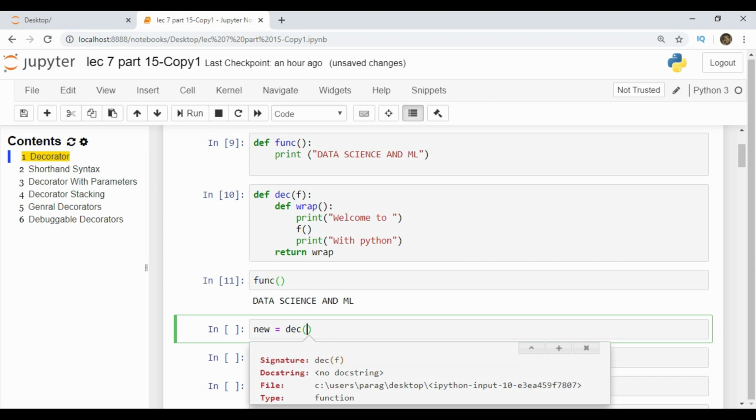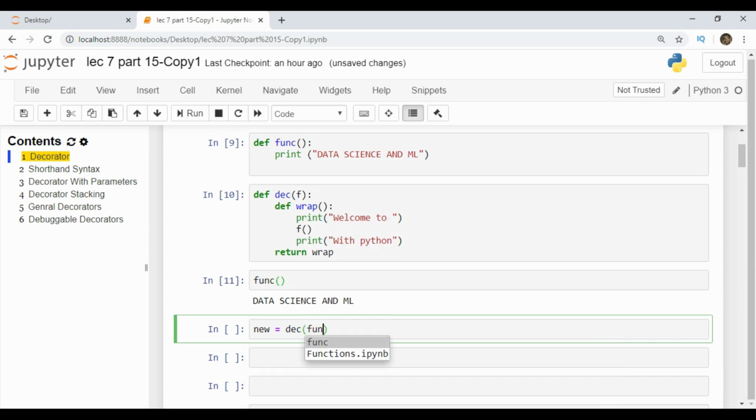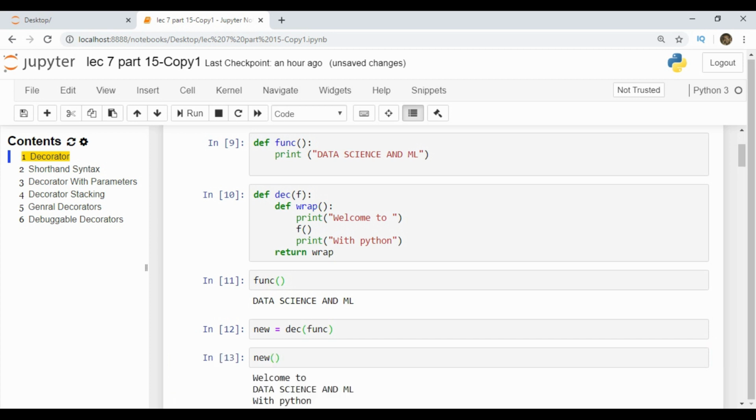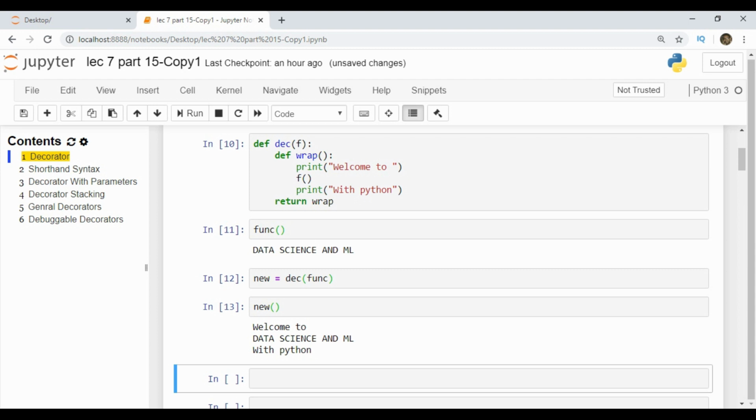We pass in a function called func. As a function is an object, the name of the function can be directly passed as an argument. Now call the new function, new. What it gives as output: welcome to data science and machine learning with Python.